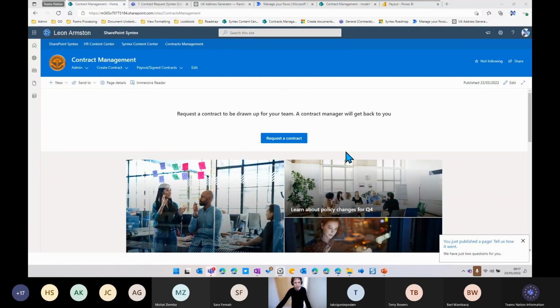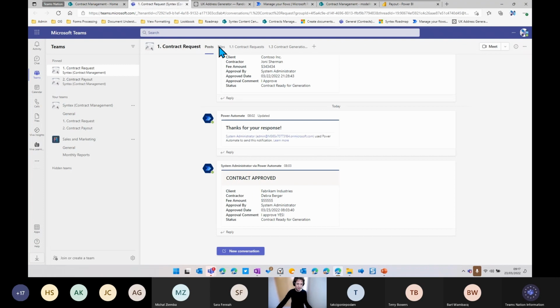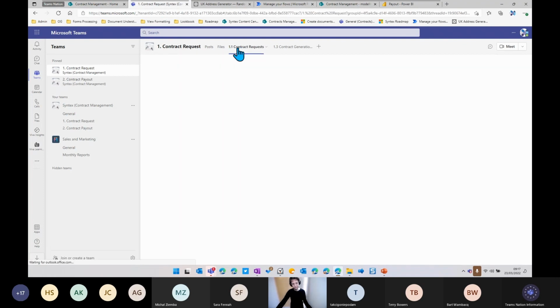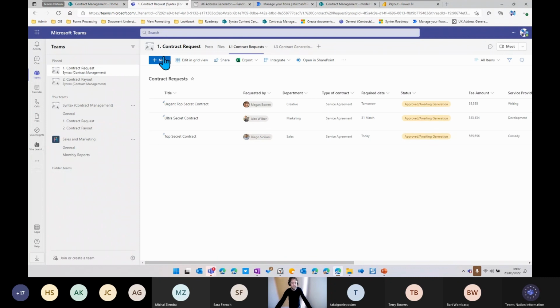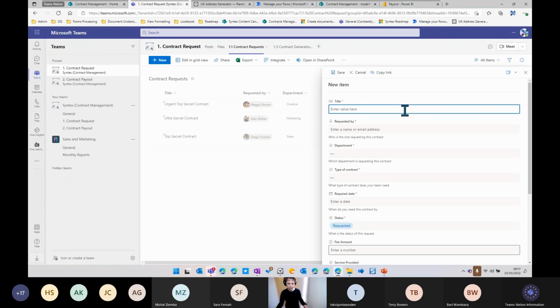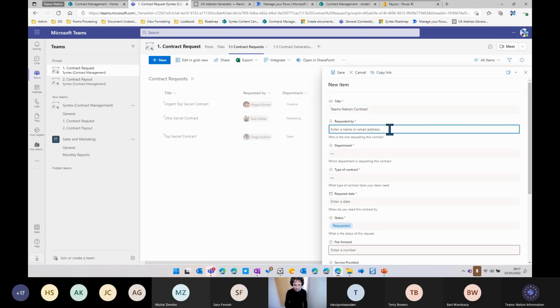So here is my contract management site that's been created. We could request a contract from the site here, but because this is Teams Nation, I want to do this through Teams. So I can go in here and request my contracts, or this could be part of a workflow populating this, so no human intervention needed. So I'll put Teams Nation contracts as a title. They're going to request it by